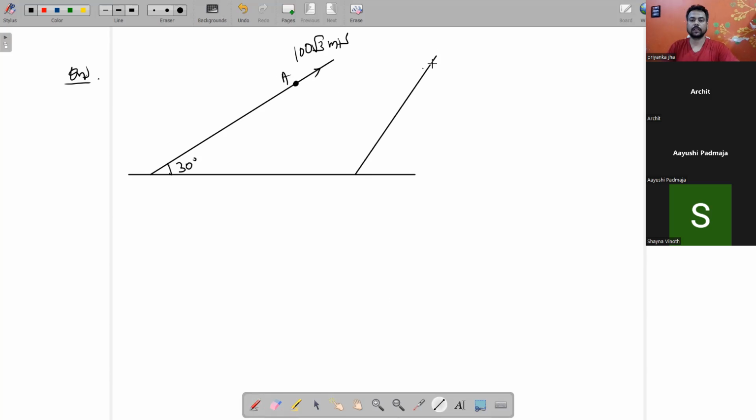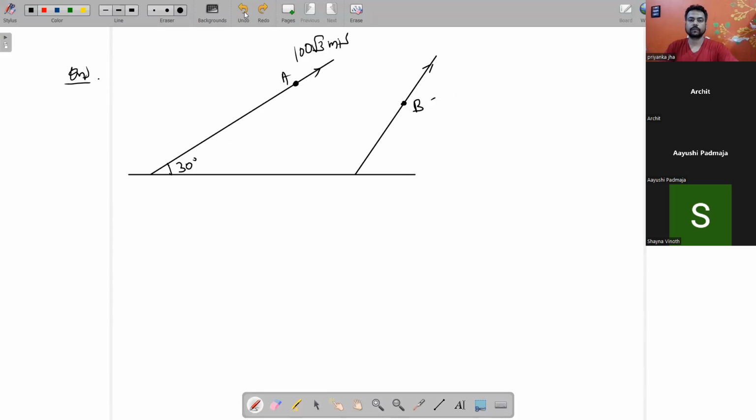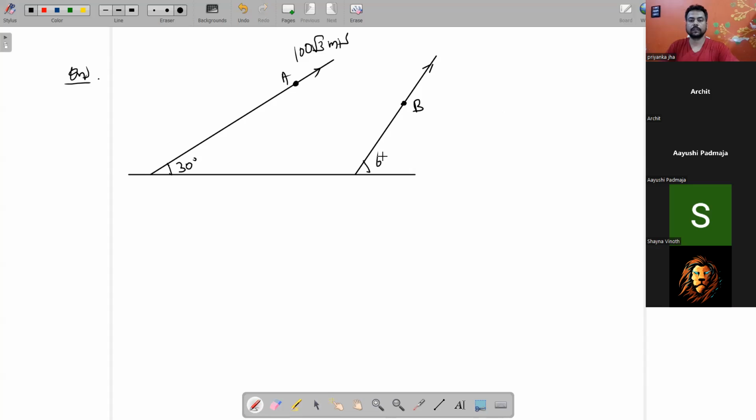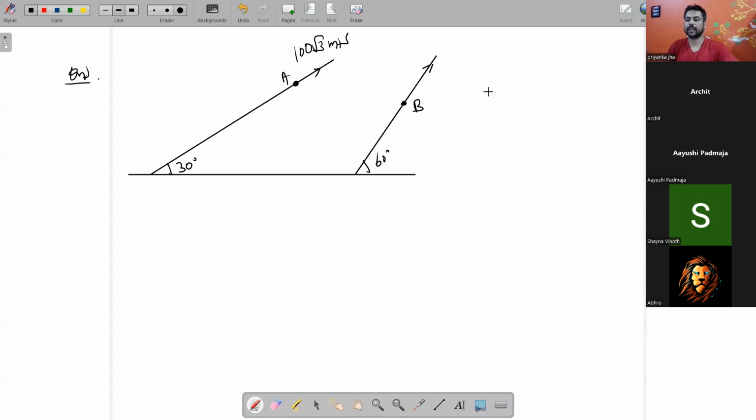And B is moving in this direction with some speed that is not known, at some angle of 60 degrees. The question says that these two, A and B, are two different aircraft. An observer sitting in aircraft A